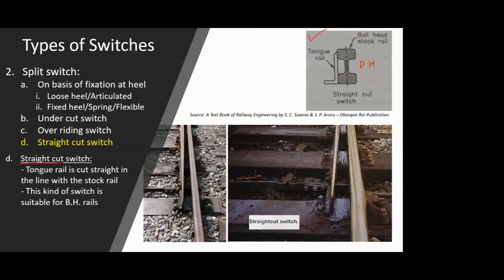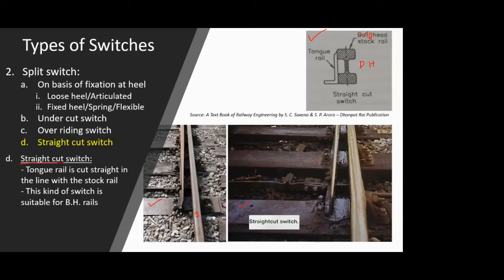Now here they have just written bull-headed. So from the picture, it is double-headed, but it is also used for bull-headed rails. So you can just make the correction, here it is a double-headed rail. And then the rest of the thing works the same as you can see in this picture, the bottom ones on the left as well as the right. If you see the left one, this tongue rail is exactly straight, and if you see the stock rail, you just see the head of the stock rail, you don't see the bottom foot because it is a double-headed one. So if you see from the top, you will see only the top head.